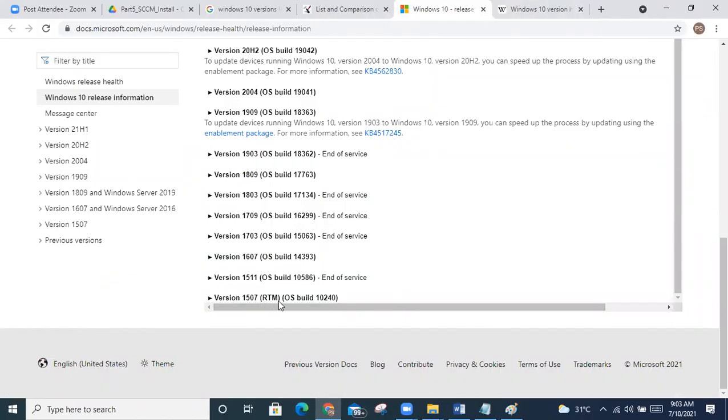RTM is nothing but release to market. Release to market means there is no production OS. So they initially introduced it to the market, free for public use. Is it clear? Once somebody uses it and gives comments, like this is not working, that is not working, then Microsoft develops the production version with 1511. 1511 is nothing but they released it in the year 2015, 11th month. Same with 2016 07. Is it clear what I'm saying to you?